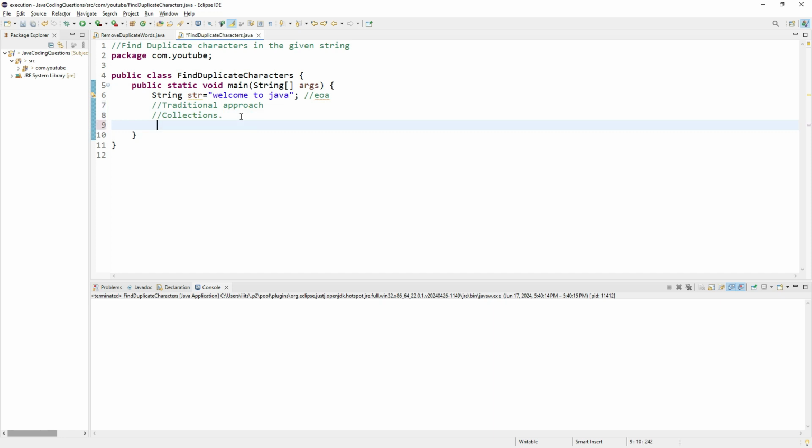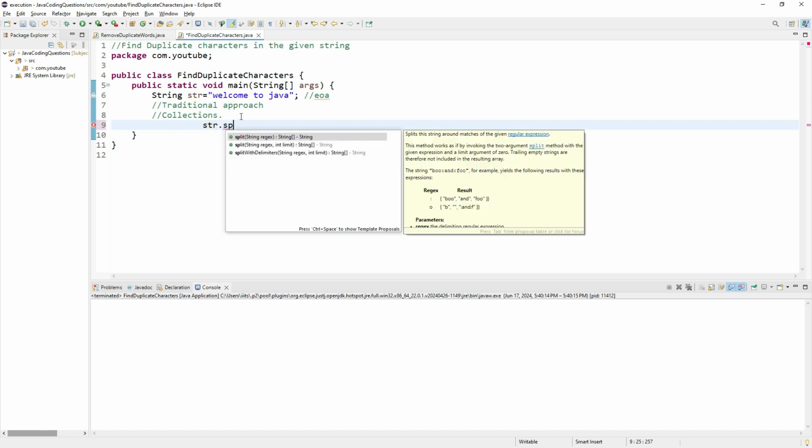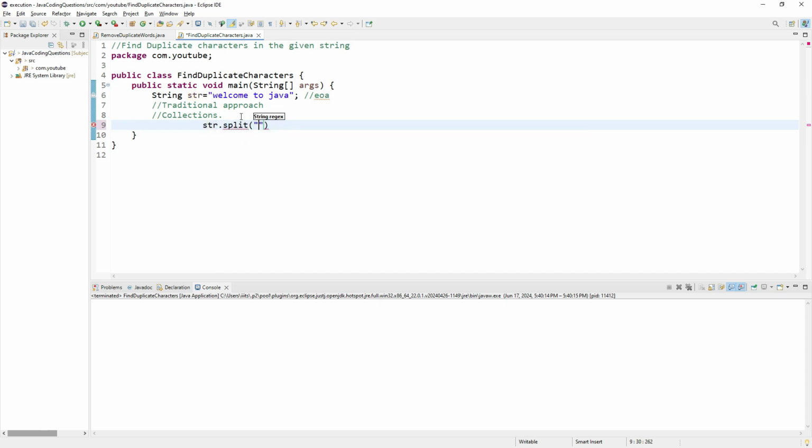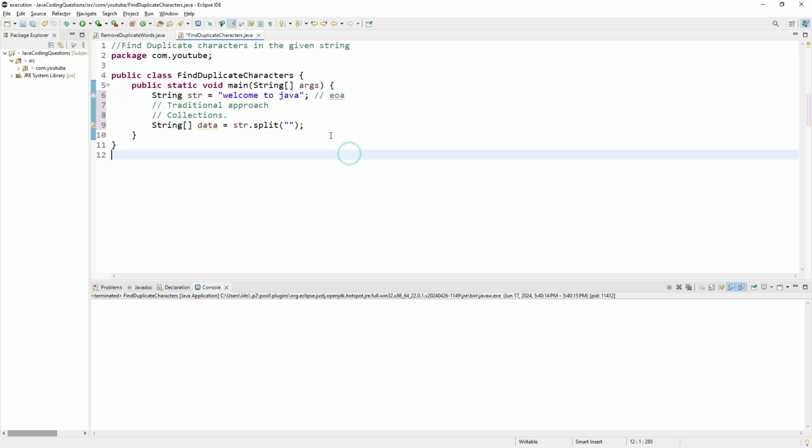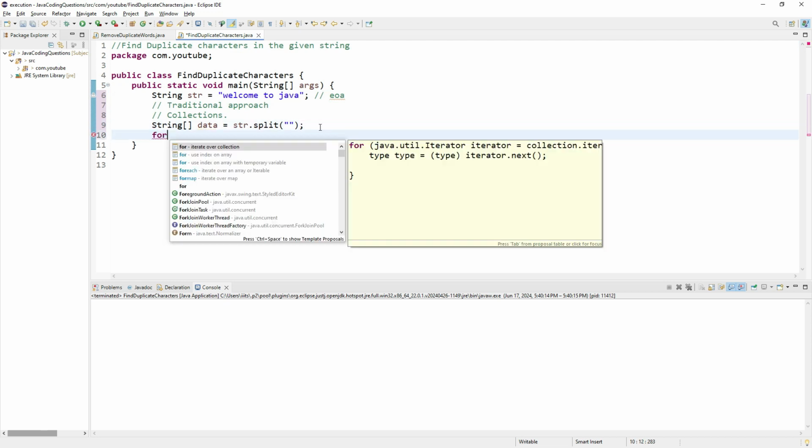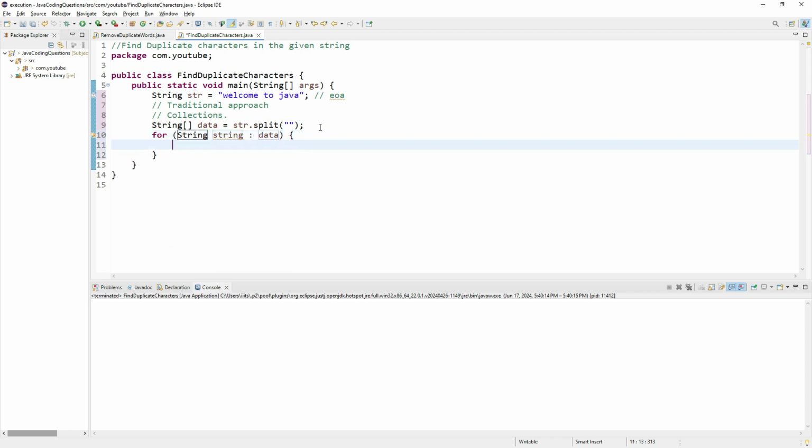So first thing is I will try to convert the string into an array. You can go with str.toCharArray, or I can go with str.split by passing a regular expression, and the split method is going to return an array of strings. This I am going to name as data. Once I got the array, I am going to simply use a basic for loop or for each,